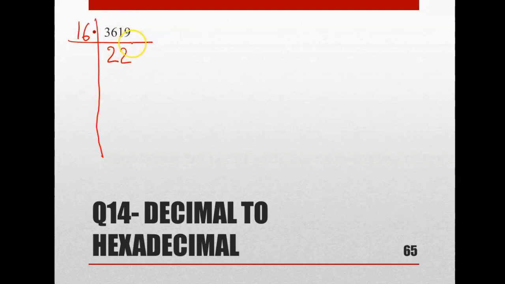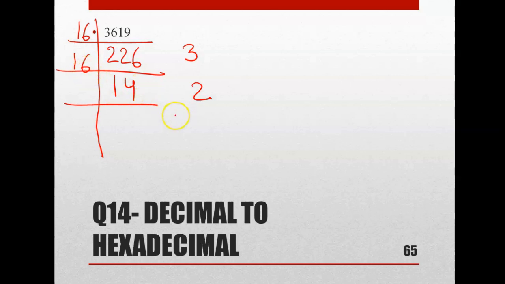So 99: 16 times 2 is 32, 16 times 3 is 48, 16 times 4 is 64, 16 times 5 is 80, 16 times 6 is 96. So you will write 16 times 6 is 96, 97, 98, 99. So 3 is the remainder. Now you try to divide this. 16 times 1 is 16, 4 and 6, 66, and then 16 times 4 is 64, 2 is the remainder. Well, 14 is also not divisible by 16, so 14 will be written like that only.